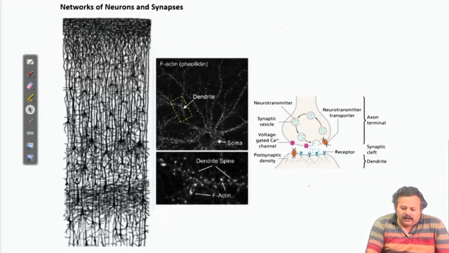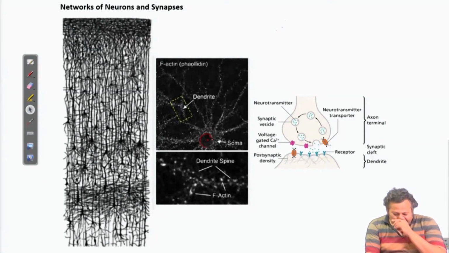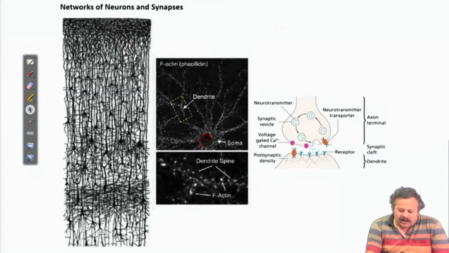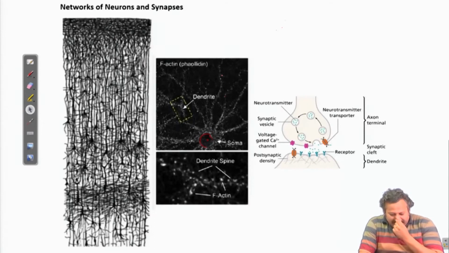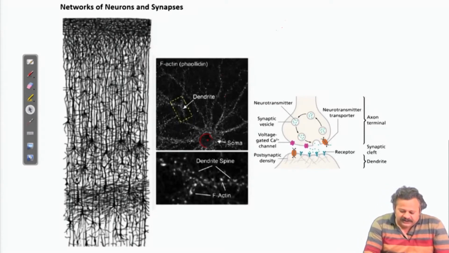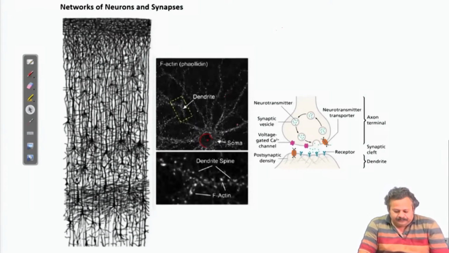If we look at one particular neuron here, this is the cell soma, and all the dendrites are marked by marking a particular